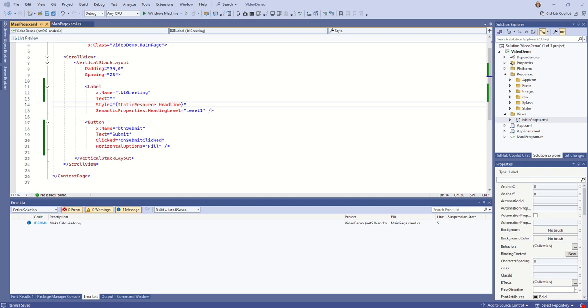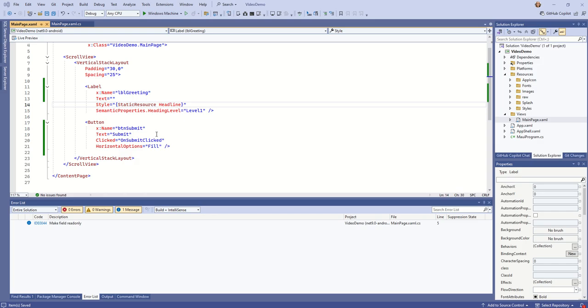Hi everyone. In this video, we're going to do a quick recap of how to add localization into our MAUI applications. And we're going to talk about accessing those resources both from the XAML side as well as from the C# side. So in order to get started, I've got a main page here with a label and a button. Our goal is to get some localized text into the label and change that text programmatically when we click the